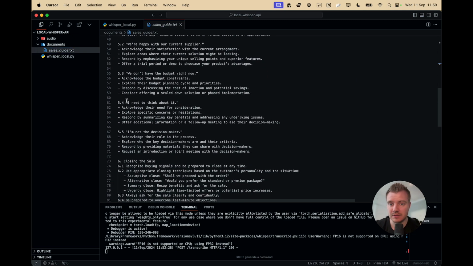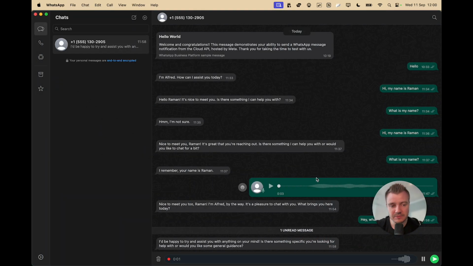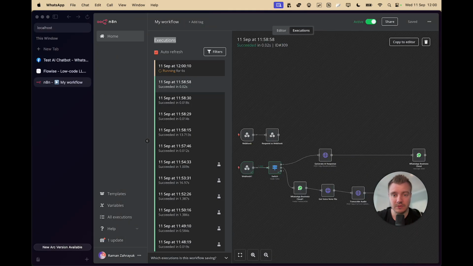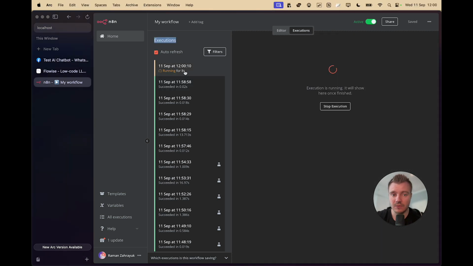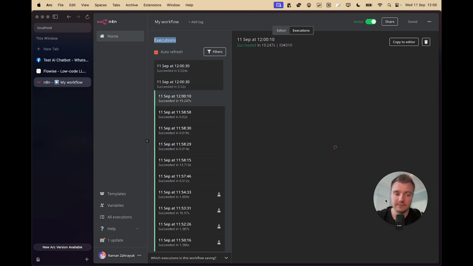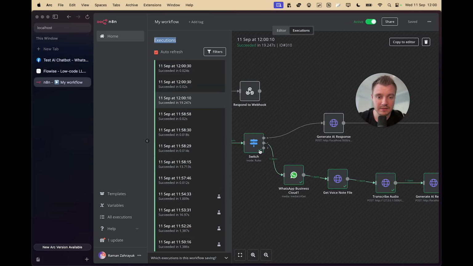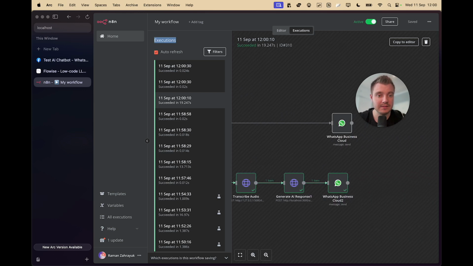Let's try this. Customer says I need to think about it. Hey, so my customer said that they need to think about it. How can I handle that? All right, let's send that off and let's see what response we get back. Also, let's just take a look at what this looks like in n8n when this is done processing. Alright, as you can see, it did take the right route here. So this is for audio and it sent a response